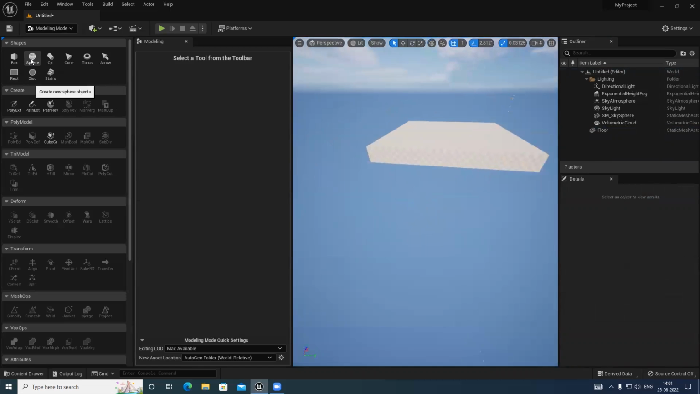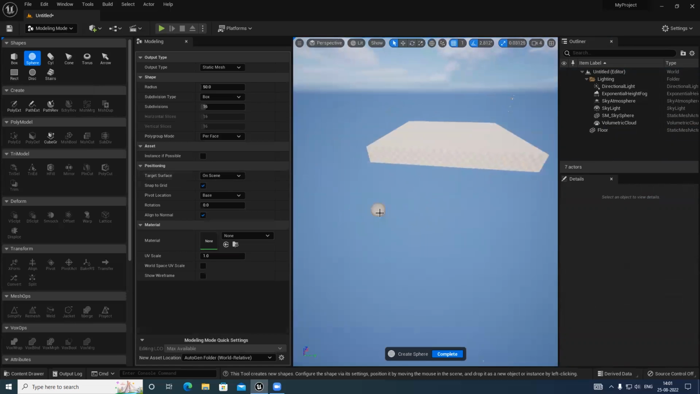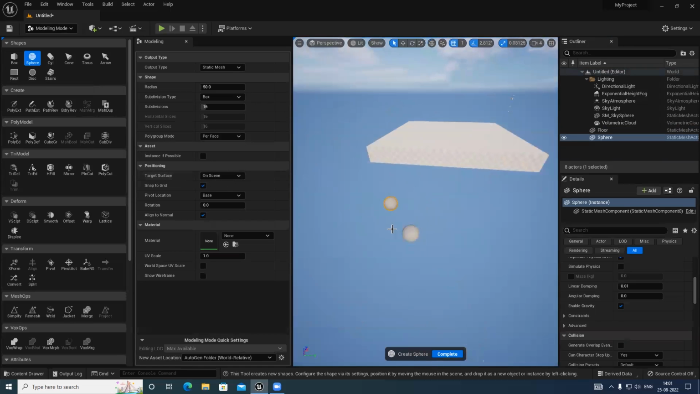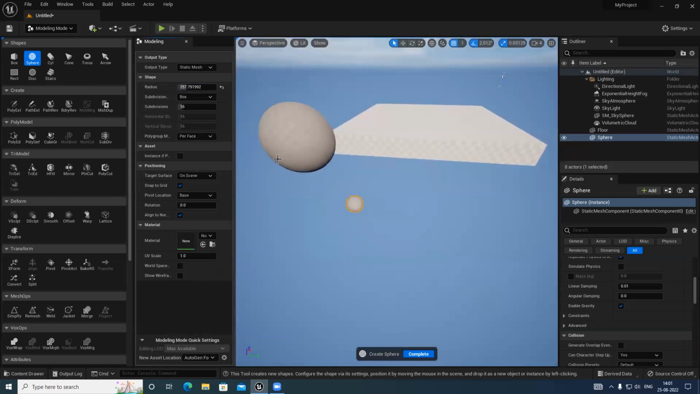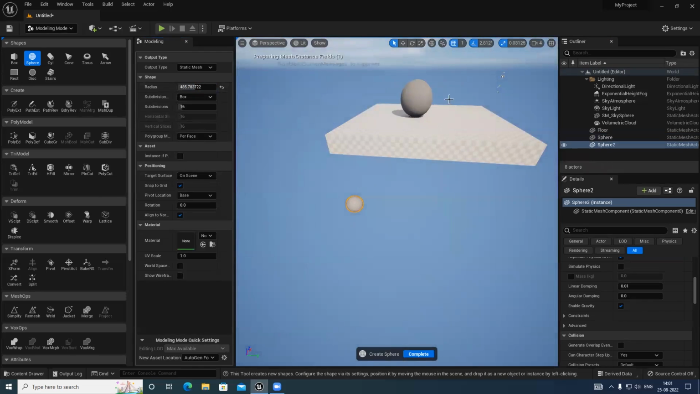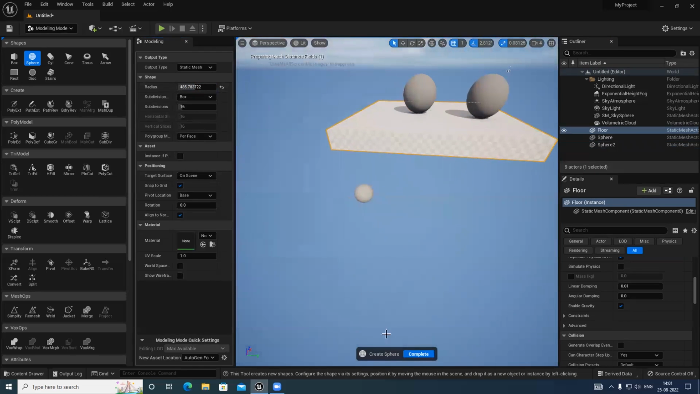Now we have spheres. Similarly to the box, click on the sphere and click over here, or we can increase the radius to whatever radius we require. Okay, I have to increase the radius and place it over here. It will automatically snap onto the floor or the object we have created. So it's snapping automatically here. I have created a sphere here and a second sphere, and I am done with modeling. So click OK,